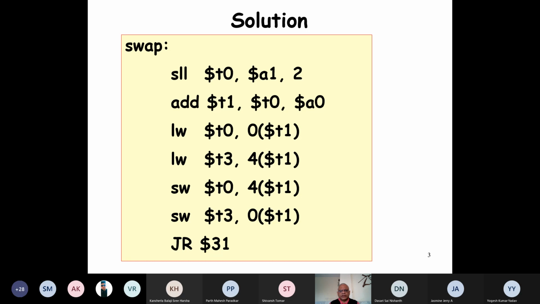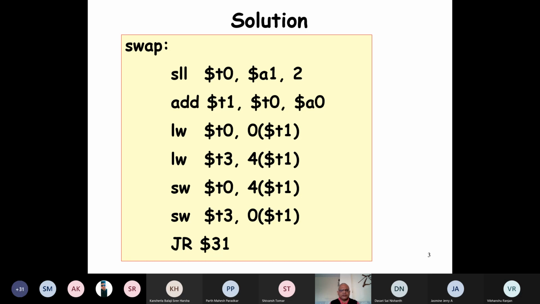Now, can anybody answer what we are achieving by this? Or let me just call out a name. I think that's better, so that I know that all of you are keeping up with the class. Kshitij Agarwal, are you there? Kshitij? Yes, sir. Yeah. So can you tell what these two lines have achieved?